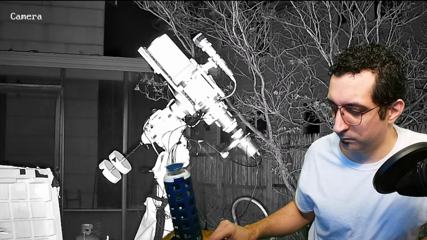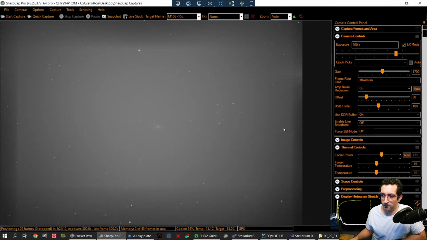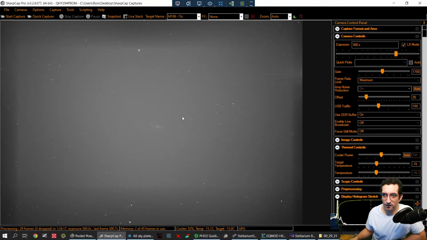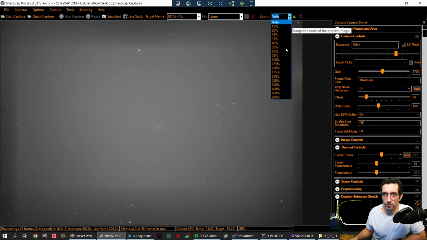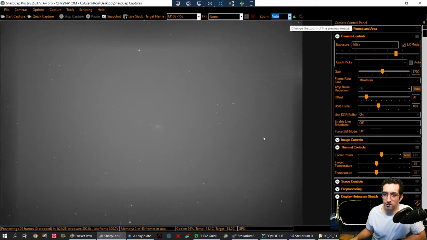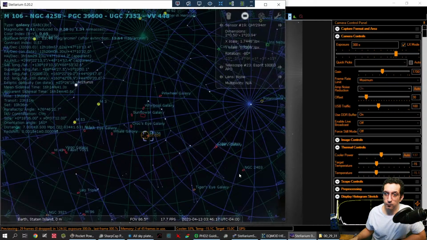All right, now let's get this into the wrap-up phase. This is that galaxy in the hydrogen filter, and unfortunately there's just a lot of junk in the air right now. I think a lot of humidity buildup. I don't think it's going to be easy to see what we want to see right now, so we're going to move on